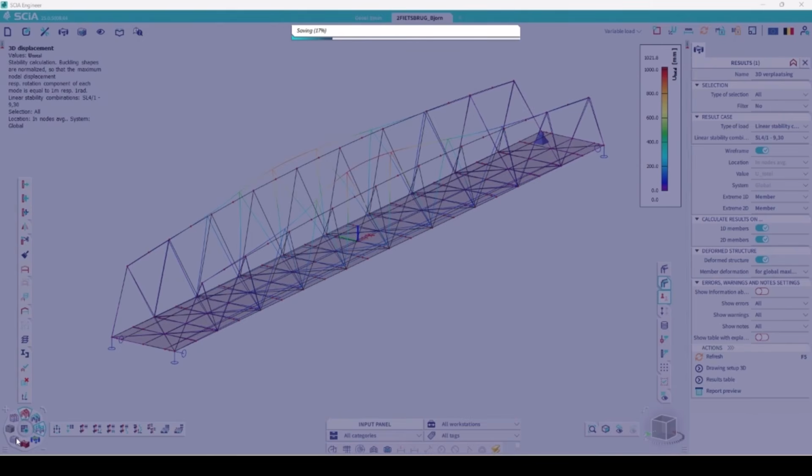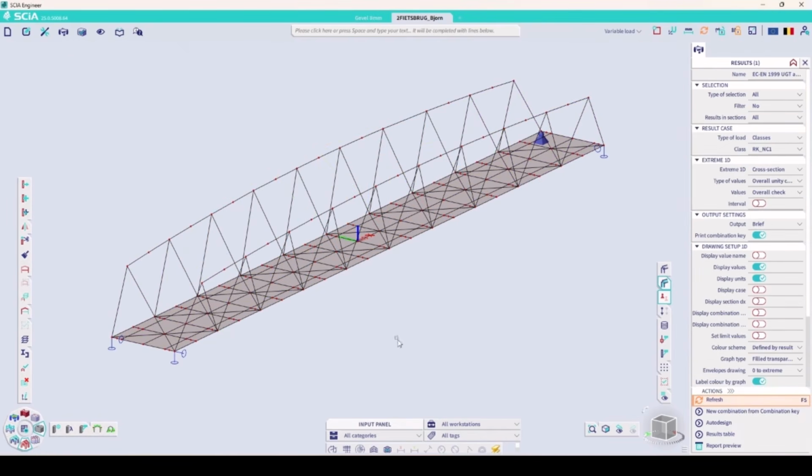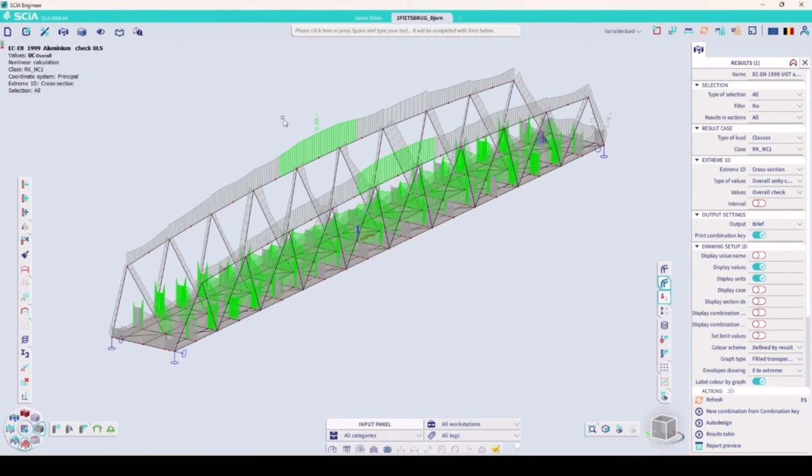And then you could go to the nonlinear analysis, execute the analysis, and go to the checks. Let's go to the ULS check for the nonlinear class. Refresh. Then you can see here the maximal check is in that upper court. If you go to the detailed output with the formulas,